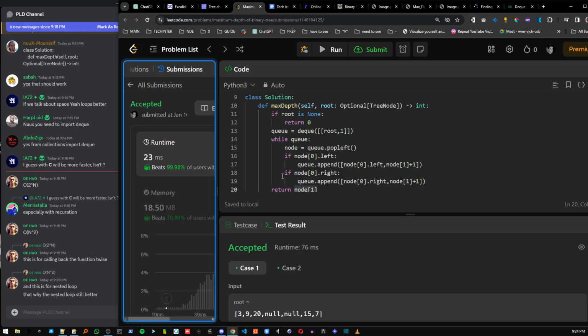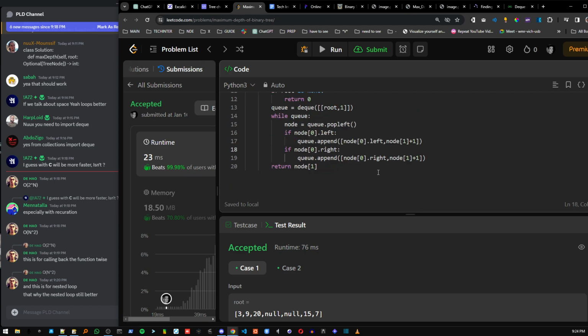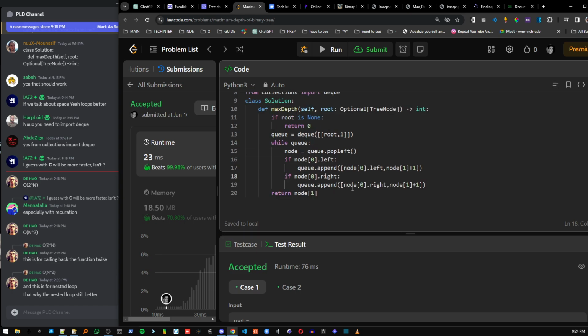So it's like. Oh my god, this is so much faster. Like 99%. It's an array of arrays. Because there's only one loop. So the queue has arrays that have flags. So the second element of the queue is the flag of the depth that you are in. So when you go through it the first time,